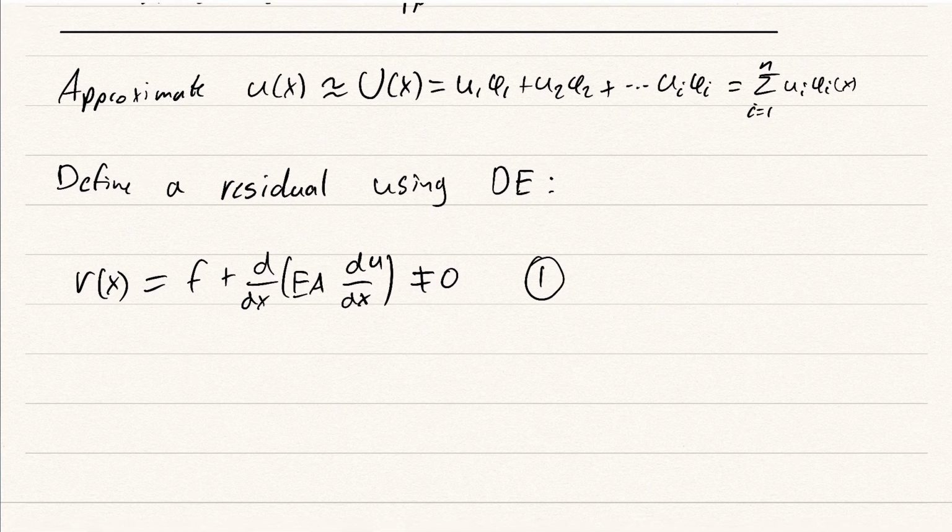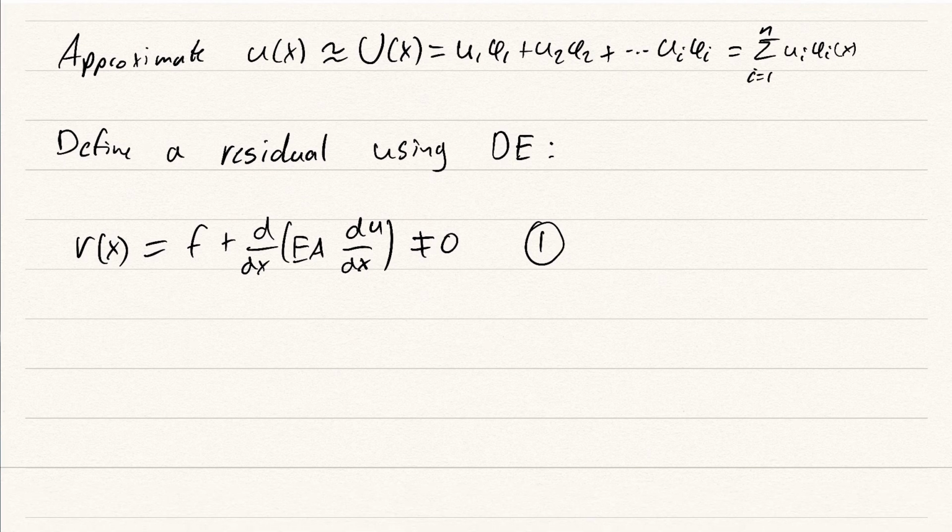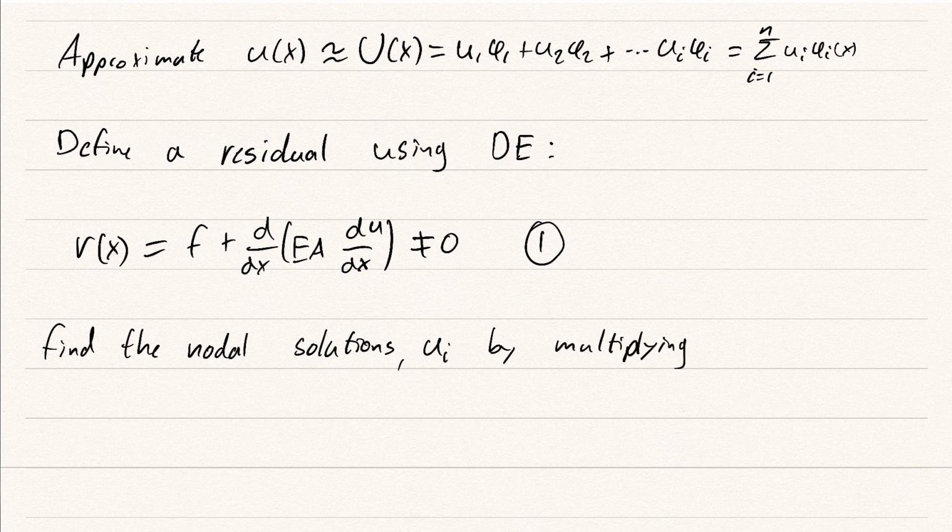So the details look like this. And really what we're saying here is find the nodal solutions by multiplying 1 with phi i